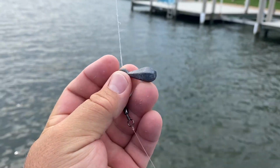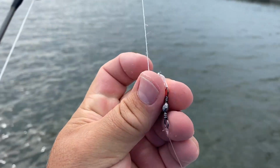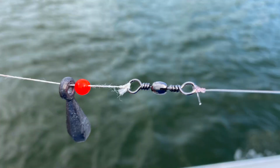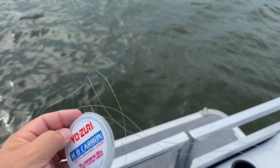Here's the rig I'm using. I've got a 1/2 ounce sliding weight on my braid. I have a bead that is protecting the weight from slamming against the knot that is on the barrel swivel. So I'm tying my braid to one end of the barrel swivel. The other end of the barrel swivel is fluorocarbon. I'll show you that. Just using 15-pound Yo-Zuri fluorocarbon leader, and I've got about a 3-foot